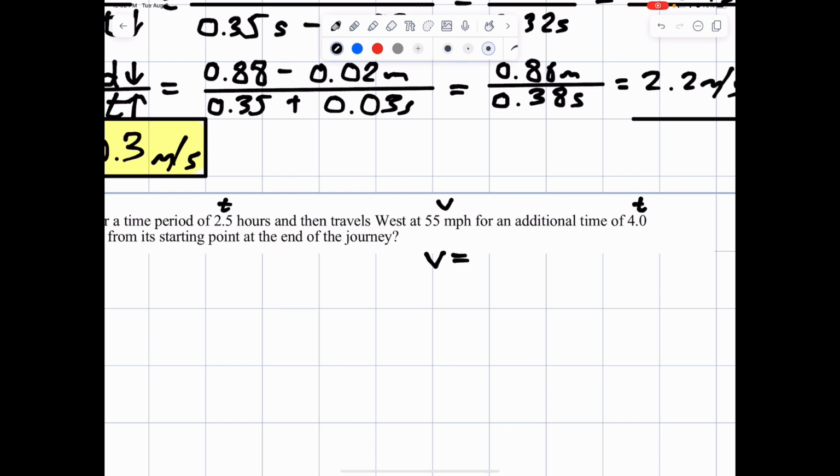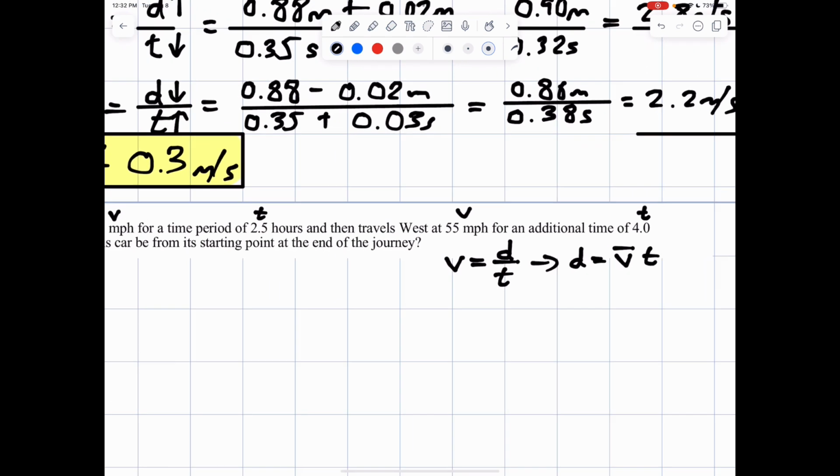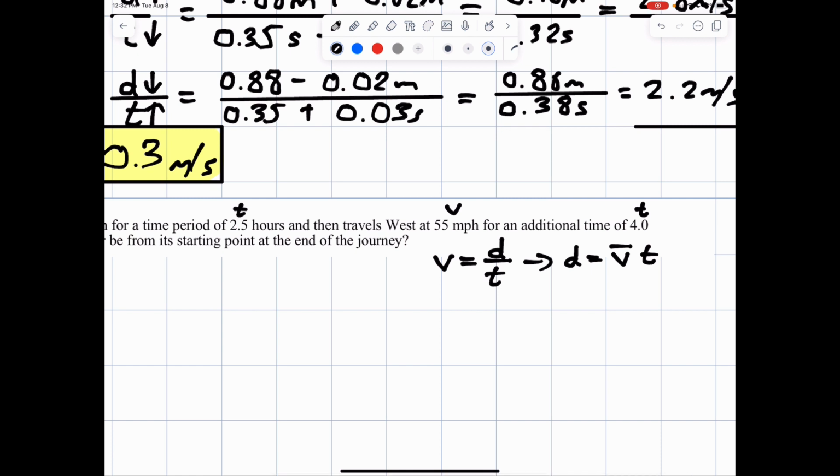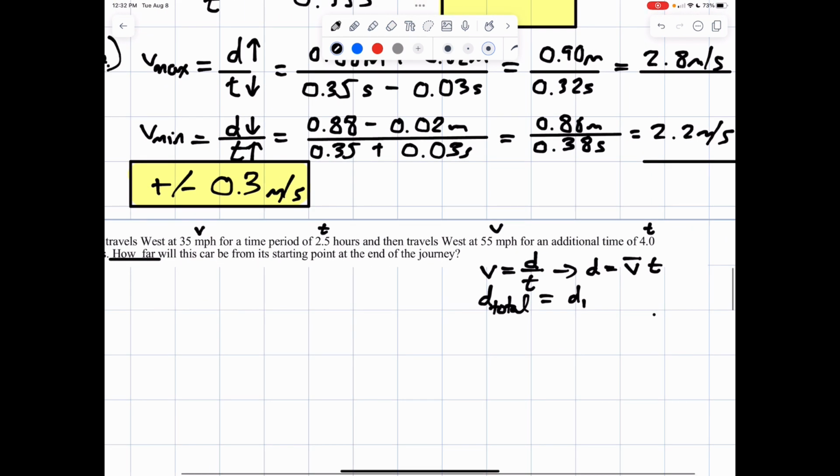If we use the idea that velocity is distance over time, speed is distance over time, now solve for distance. Distance is going to be speed times time. So what we're going to do here, guys, is solve for distance for both sections, and then add the 2 distances together, meaning distance total will end up being distance for part 1,